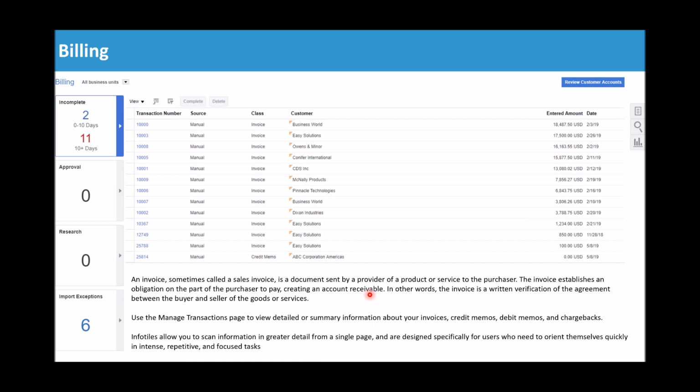You are not going to get the money instantly. You might have to wait some time. That's why you need to generate your receivables. So receivables and revenue are created as soon as you generate your invoice. In other words, the invoice is a written verification of the agreement between the buyer and the seller of the